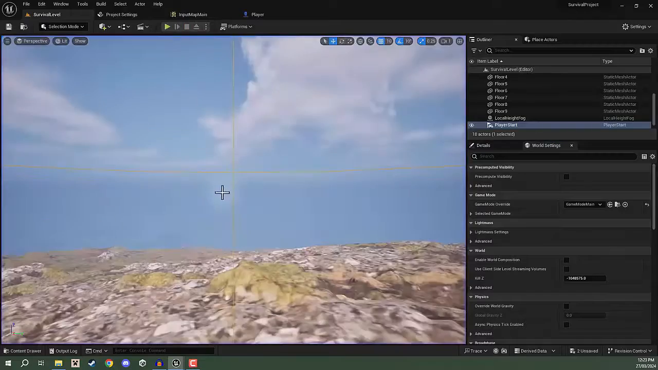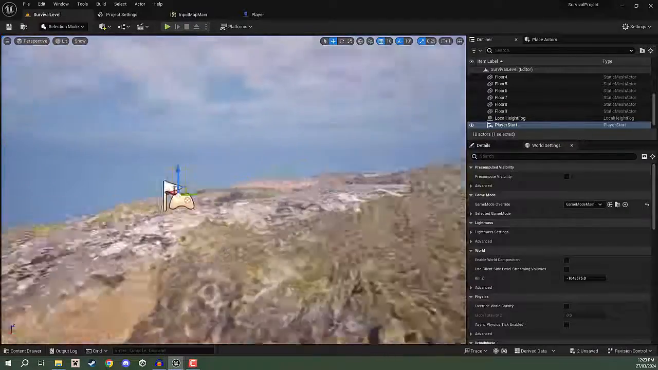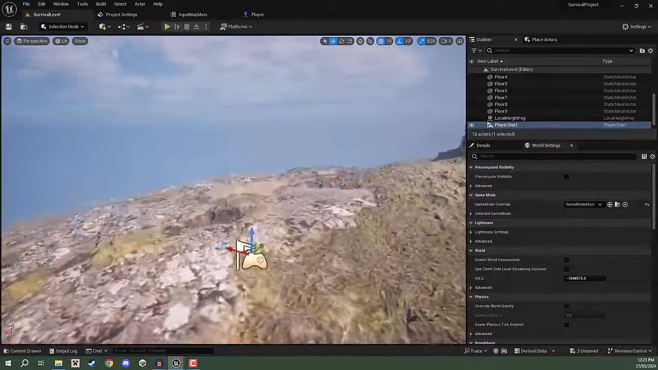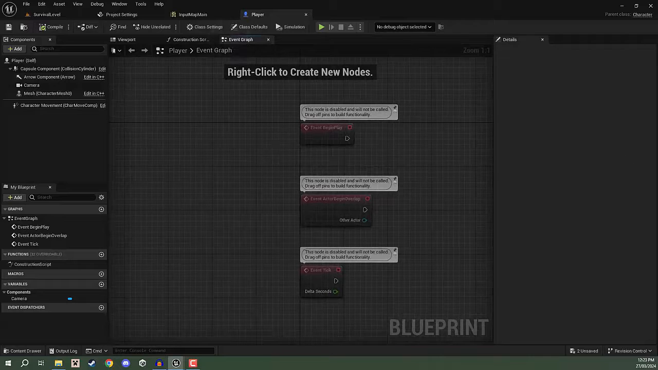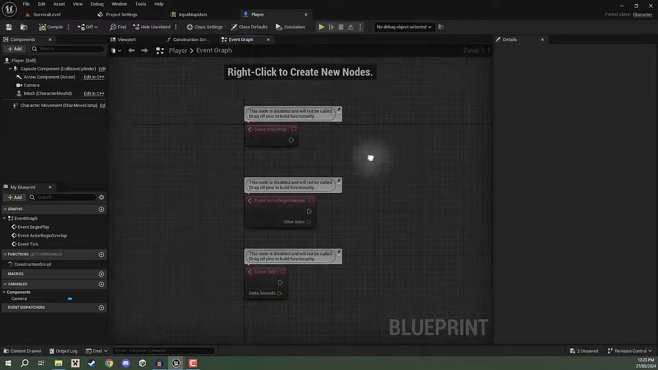So the next step is going to be actually getting some movement into our player. So how can we do that? Well, let's go over to our player blueprint, and we are then going to go over to the event graph. Inside of the event graph, this is where we are going to be setting up our nodes. Now, to begin,